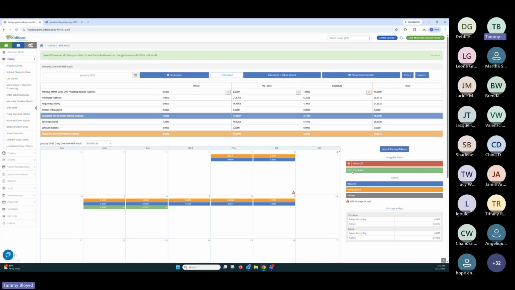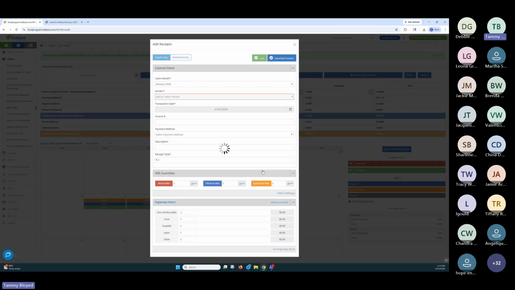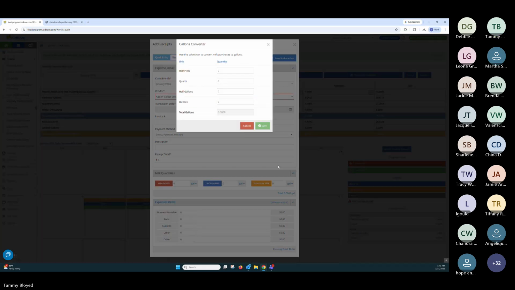You're going to come down to here, grab your receipt or your purchase item, put it on a day. Doesn't matter what day, you are not going to save this. It's going to open up. You come down here. So all total for the substitute milk, we had 2.5 quarts, so 2.5 in the quarts. We had 2.25 of the half gallons, and 154 ounces in that big jug. So that's how much we had.